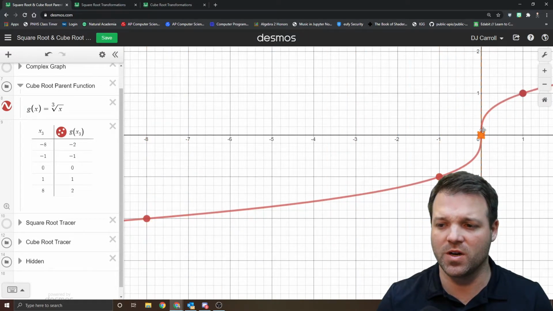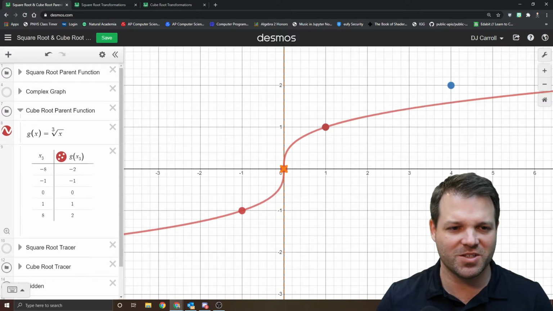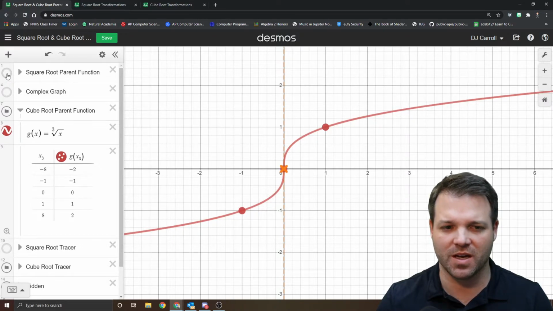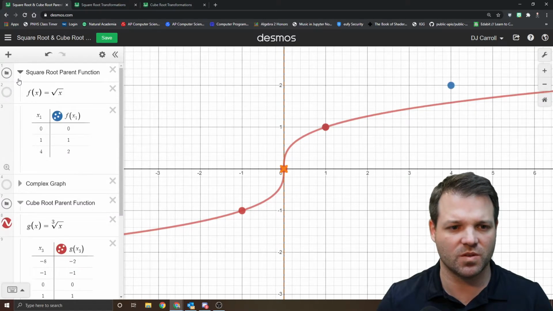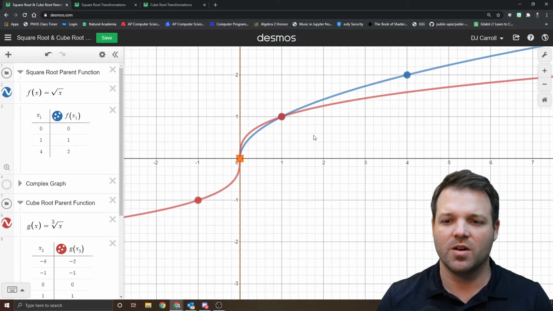Those are the parent functions. Again, we'll lay these on top of each other. I don't know why this point is still hanging out there, but that's okay. He can stay there. Let's go ahead and put this parent function back up. Oh, now I know why. There we go. Okay, so putting that parent function back up there